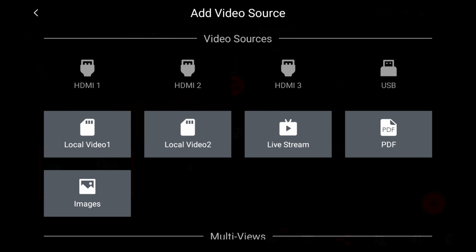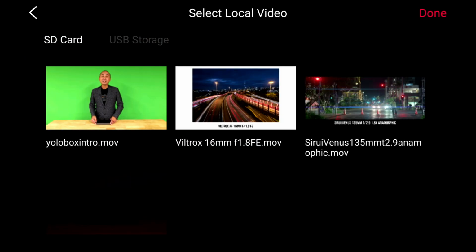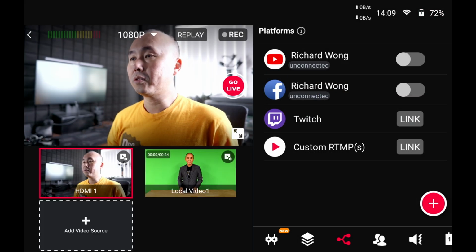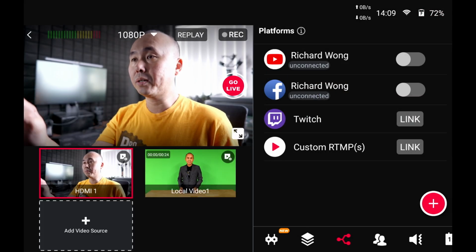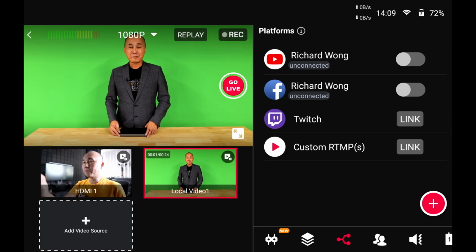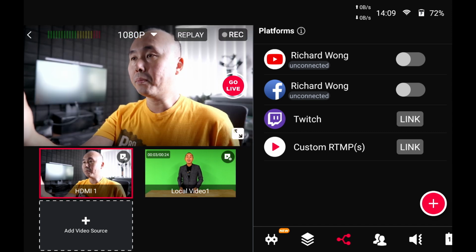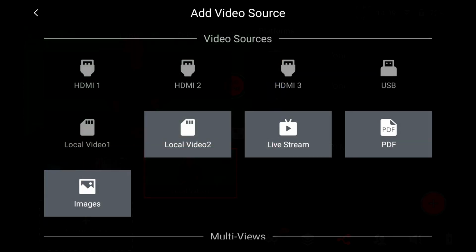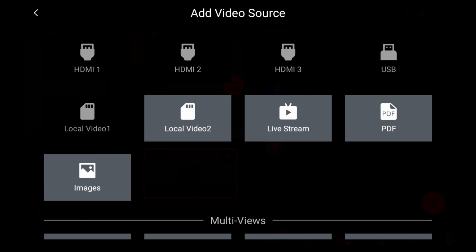And if you want to add more, you just press the video button, and now you can, for example, select local video. So these are a couple of video files that I have loaded onto the SD card that I can choose as another video source. So now you see there are 2 of them, and I can switch between them very easily by just tapping on the different video source on the left. But there are also other things that you can add to your video source, including another live stream, PDF file, images,